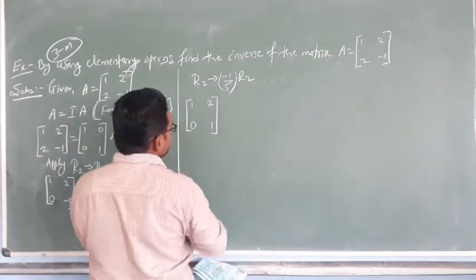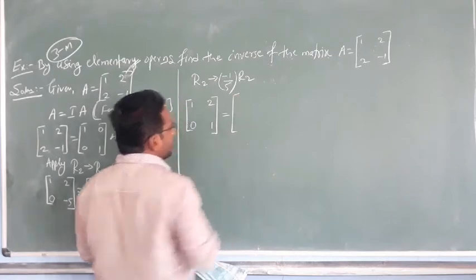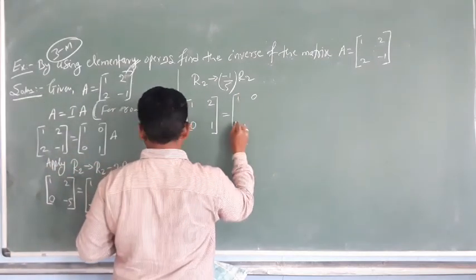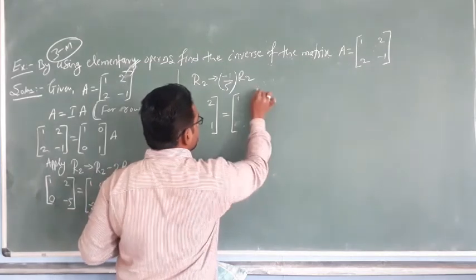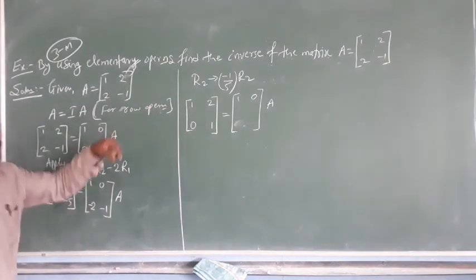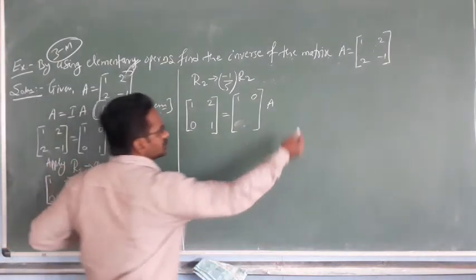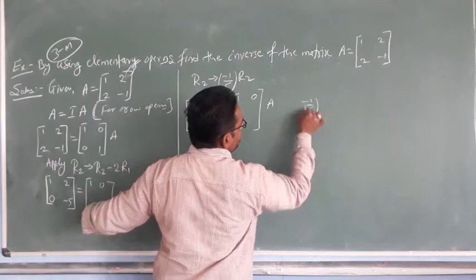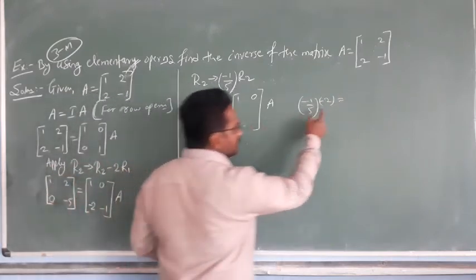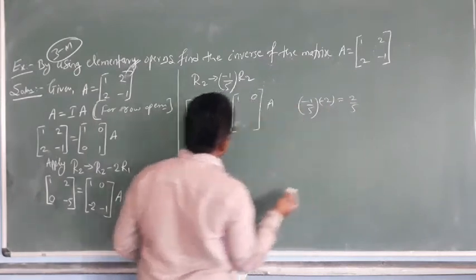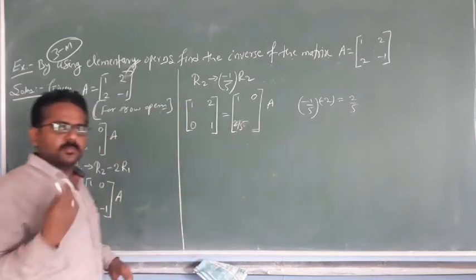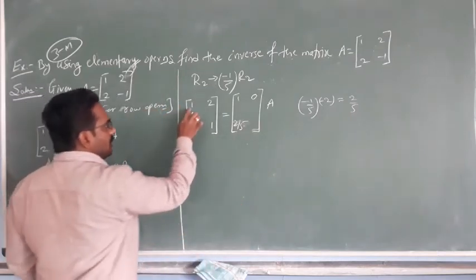Yes. Next, the same thing at the RHS part. The first row stays as it is, 1 0. Sorry, the second row, into matrix A. So what is the R2 value here? Minus 2. So minus 1 by 5 into minus 2. What will be the answer? Minus into minus is plus, that is 2 by 5. So this element becomes 2 by 5. Don't worry, you have to get the positive only in the diagonal. Here only the 1 is positive.